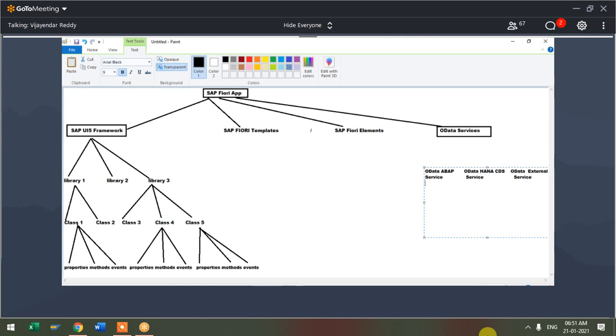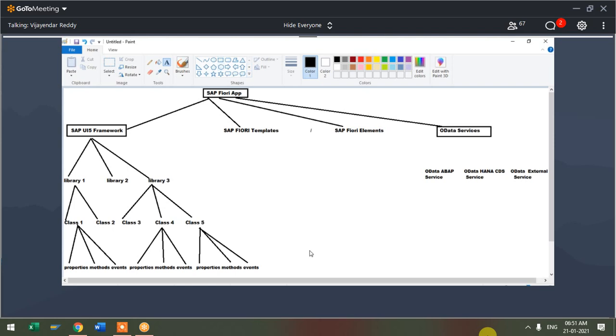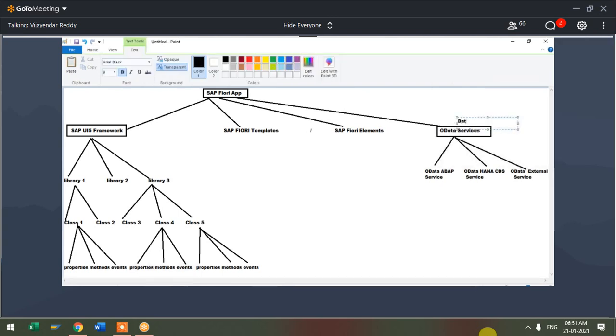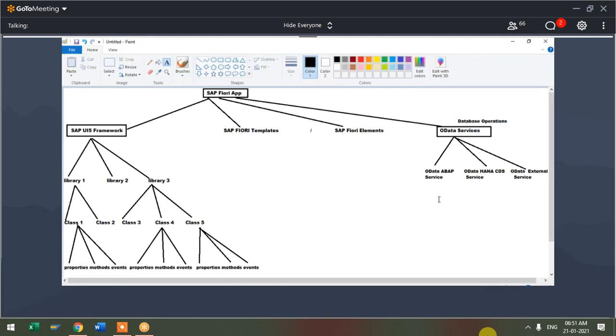But ultimately, all these services contain database operations. Okay, let me write it here. ABAP service, or it can be HANA-based CDS service or an external service. But ultimately, a service contains database functionalities here. Now, not only that,